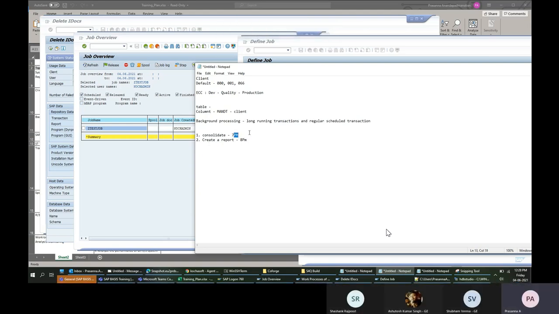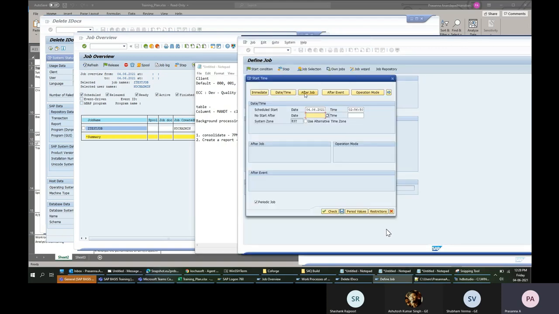In that case, I will define that the report job should run only after the consolidation job is completed. So this I can define with after a job. Start status dependent means only if this job completes, then immediately after the completion, the reporting job will run. That is one option.